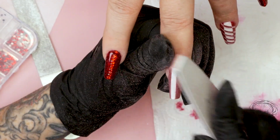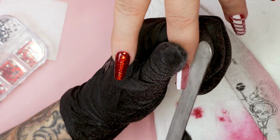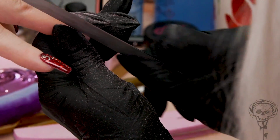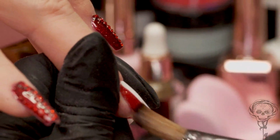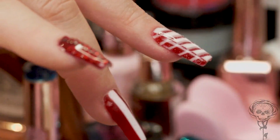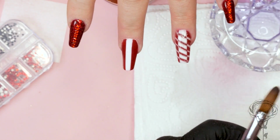So you're not thinking about your apex or anything like this at this point. You can keep your side walls nice and straight, that will help. I'm just going to wipe over with my brush that is damp, so it'll just make better adhesion for the next layer. Yes, I said next layer. So this next layer we're going to do